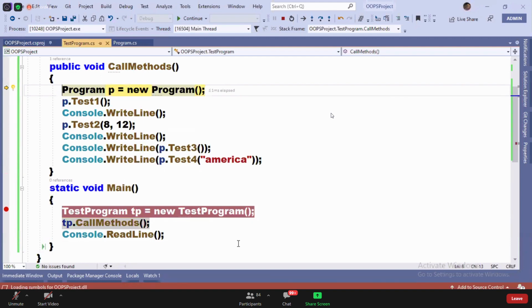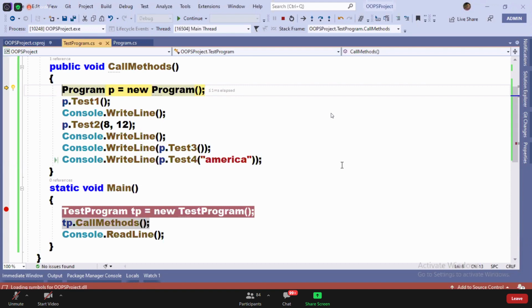It came into that method. F11 will bring you to that. We call it as a step into.